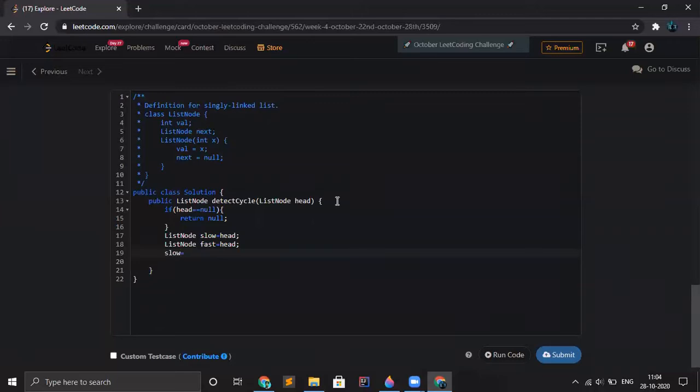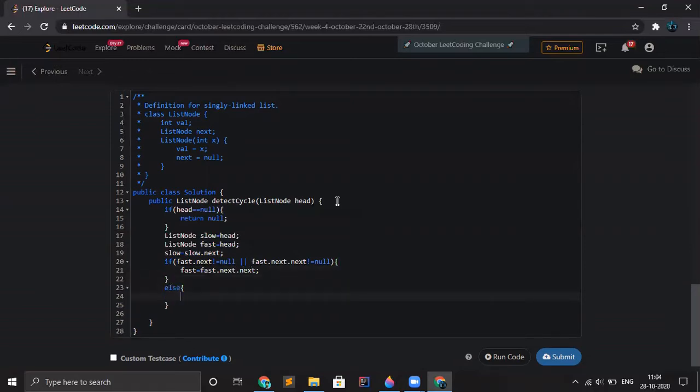We will move slow one step ahead and fast by two steps, but we should check for the base condition: if fast dot next is not null, then we can do fast is equal to fast dot next.